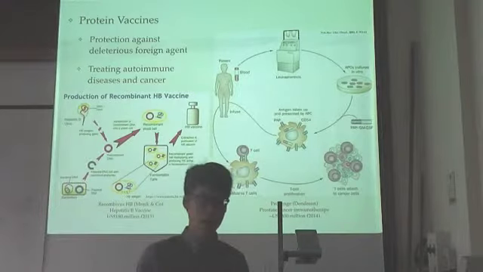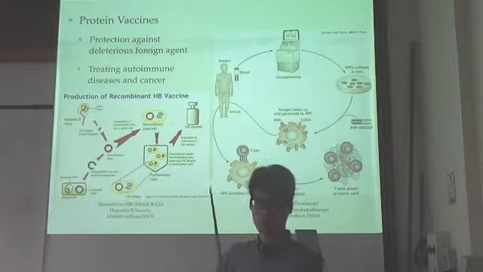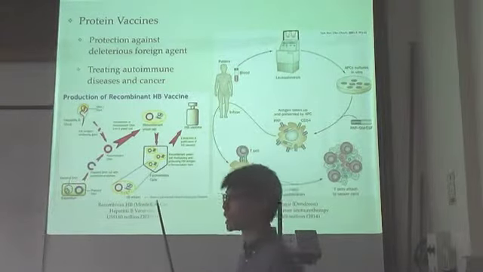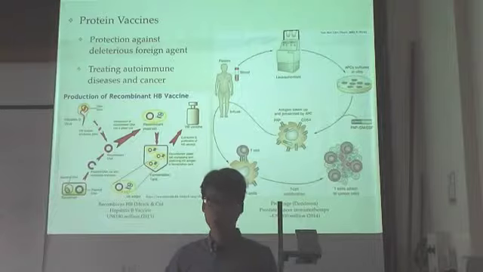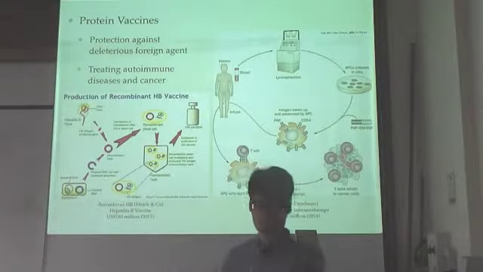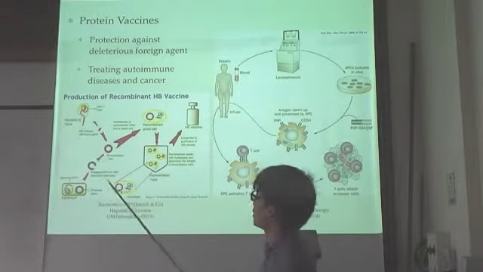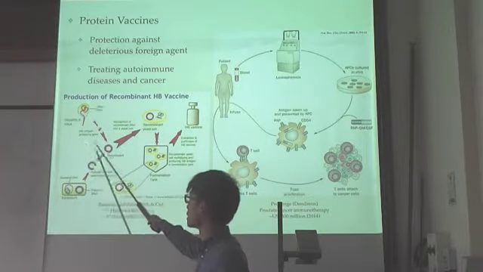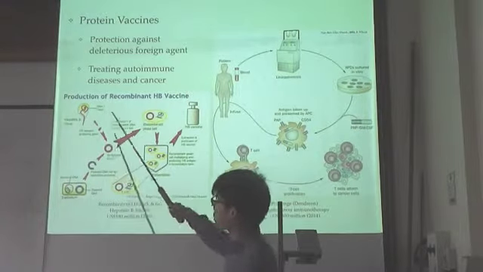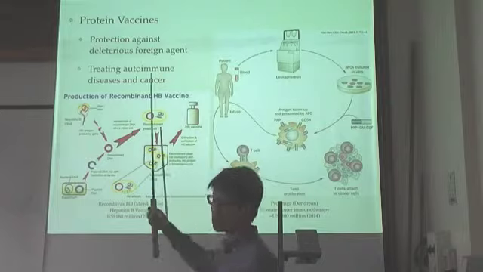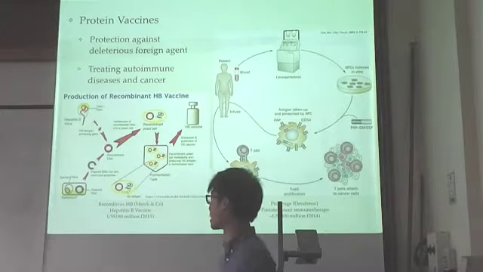And in the last class, we have vaccinations. Traditionally, vaccinations against various diseases are achieved by injecting heat-killed or attenuated forms of pathogens into the body. Unfortunately, there will always be some sort of unavoidable risk involved with this. However, in protein vaccines, we can actually take the antigen part of your virus and make it into a vaccine. So the virus will never enter your body, only the antigen would be injected into your body in order to train your body's immune system against a potential viral attack.